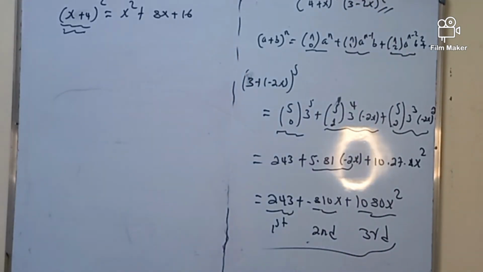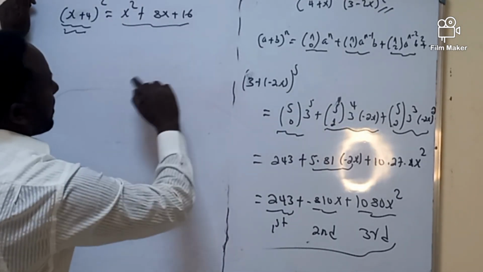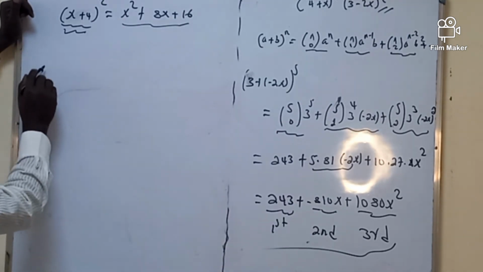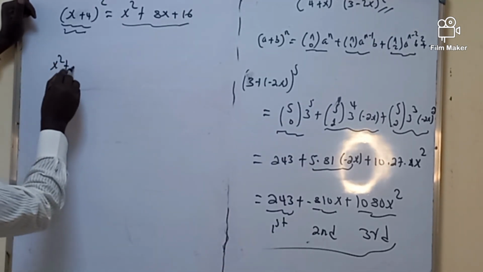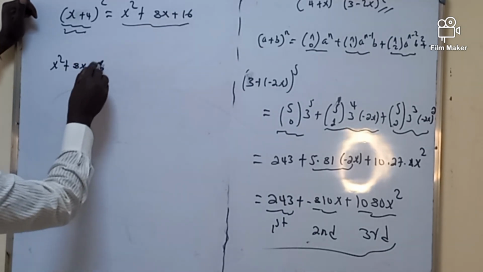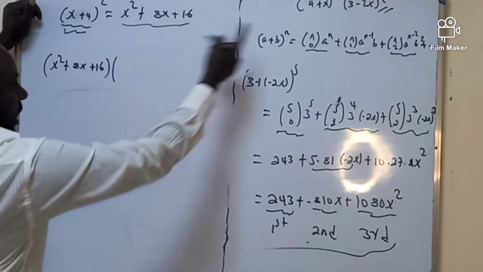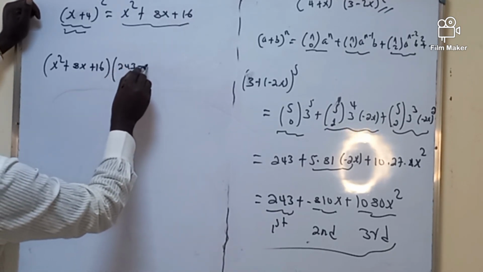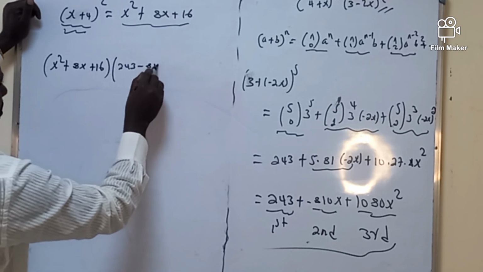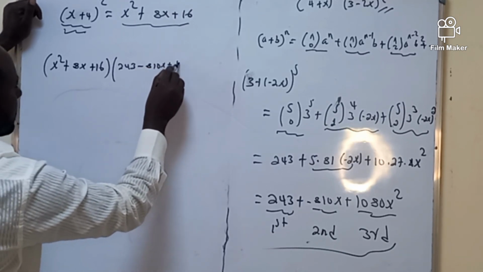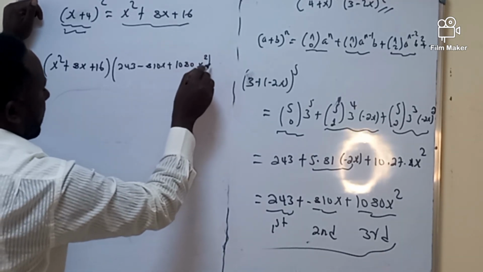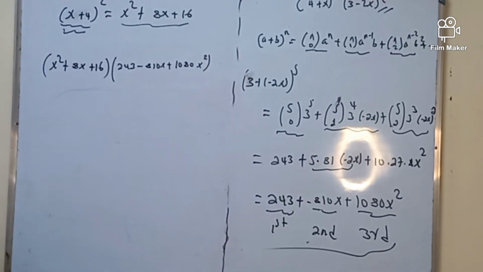Let me write it this way: x squared plus 8x plus 16 into, how are we going to find the product of these? 243 minus 810x plus 10,080x squared. Because the other terms are not relevant to find the coefficient of